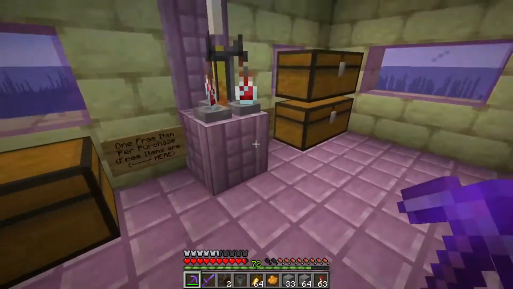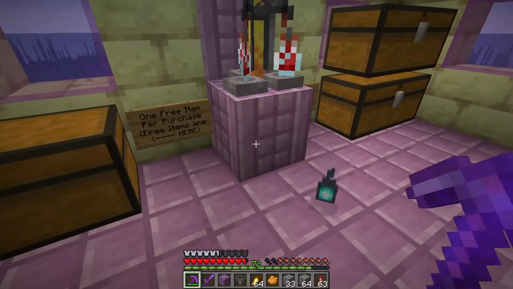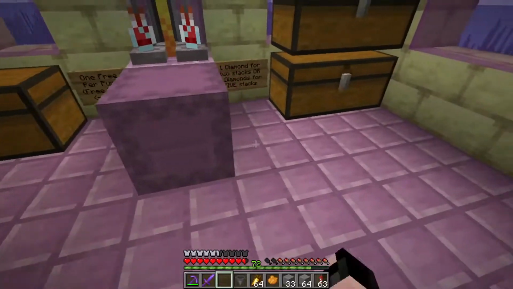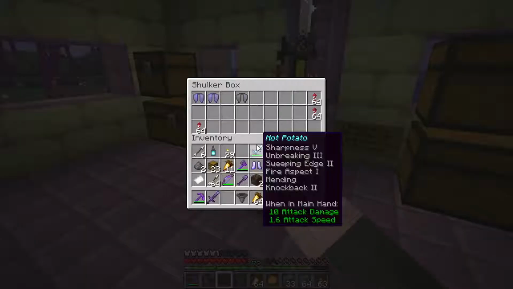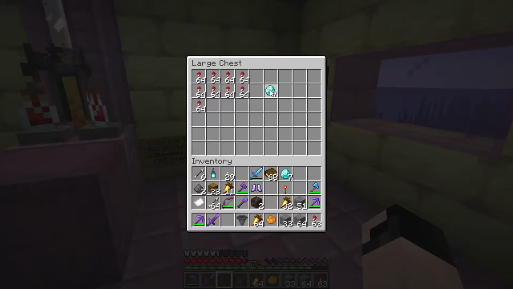All right, so let's go ahead and make a purchase here from Zach, who is... Oh, what the heck? I'm throwing things. Yeah, so it's 2 diamonds for 5 stacks. So, yeah, we can hold... Let's get...